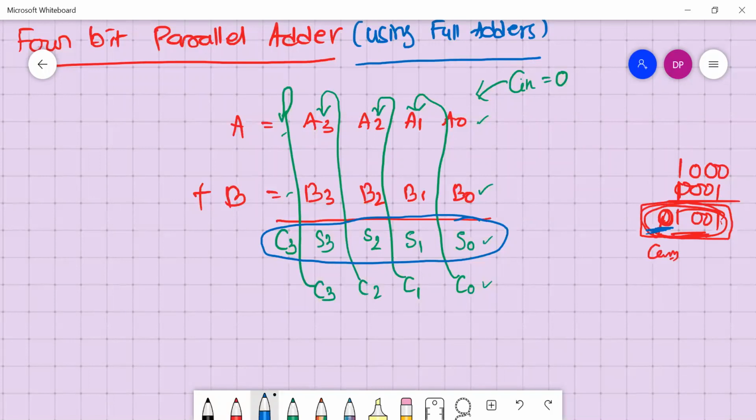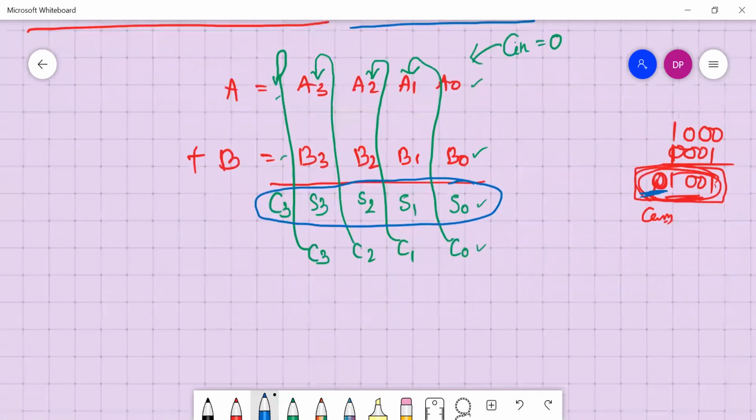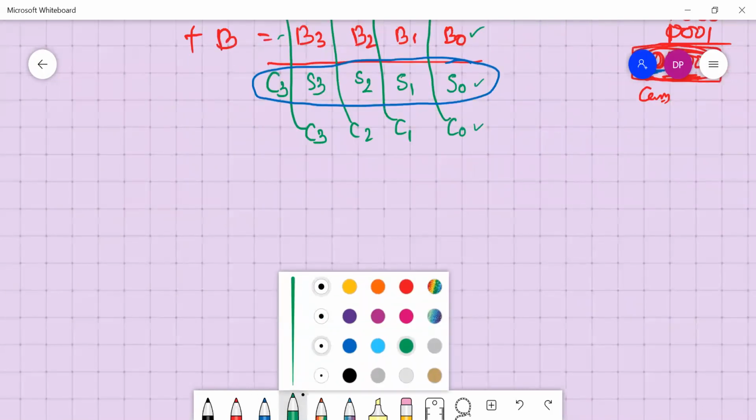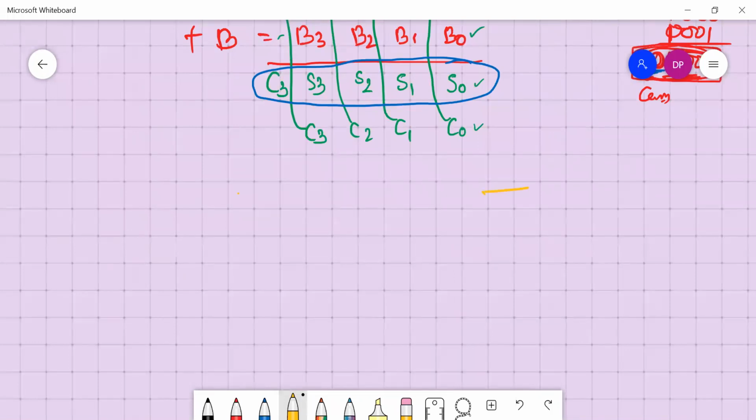So let's learn how to do it using full adders. I will take 4 full adders. Let's see. We take one full adder here.